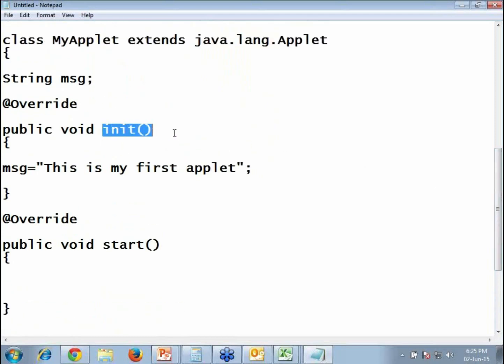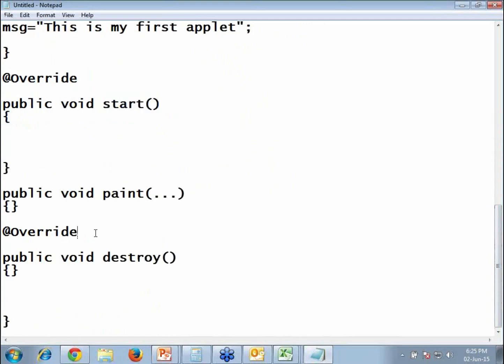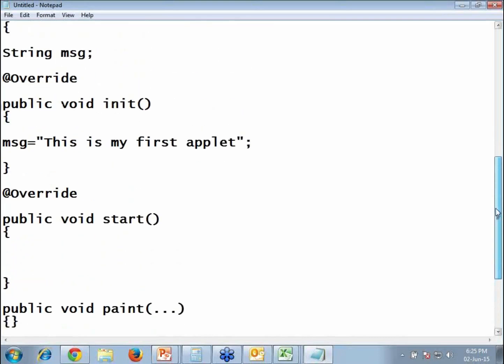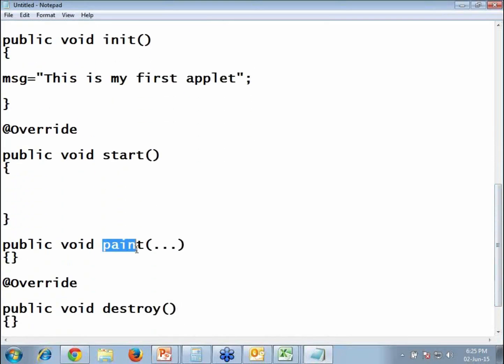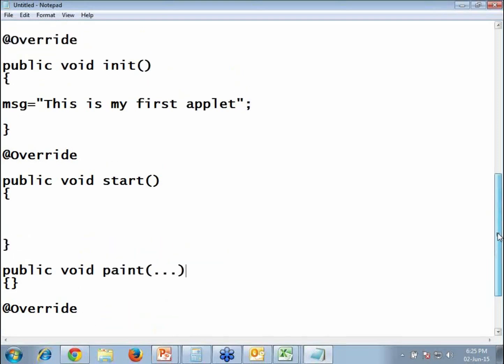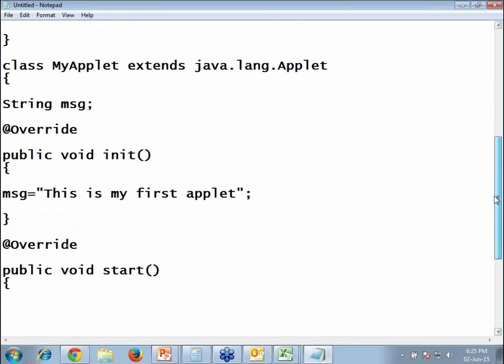So what are the optional methods? The optional ones are init, stop, and destroy. What are the mandatory methods? Paint is a very significant method in an applet. I have told that init is for initialization. What is the purpose of the init method? It is analogous to a constructor. You know that a constructor is for initialization. In a similar way, here we have the init method. So how many times is the init method called? It is not only once.